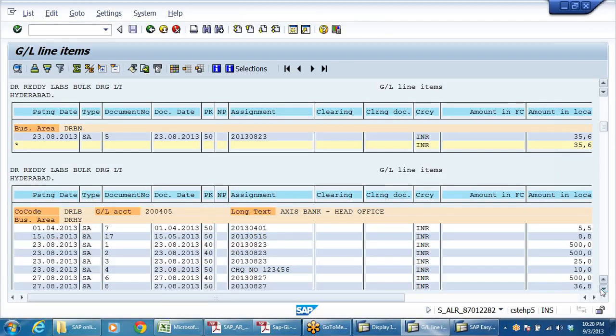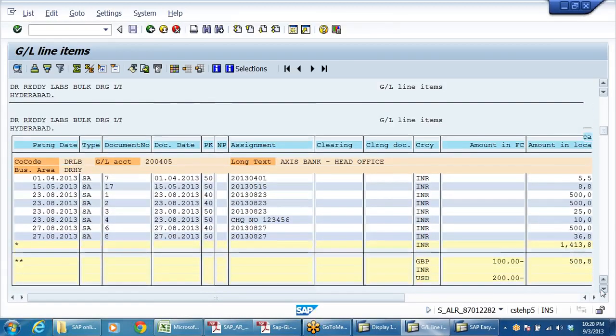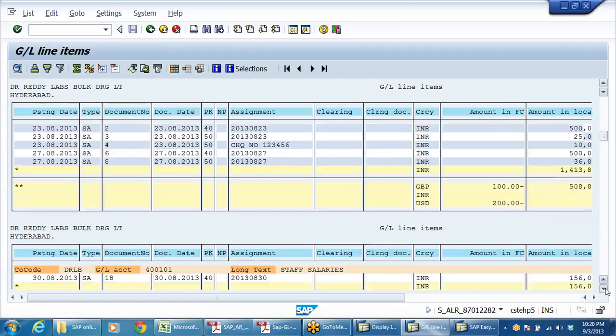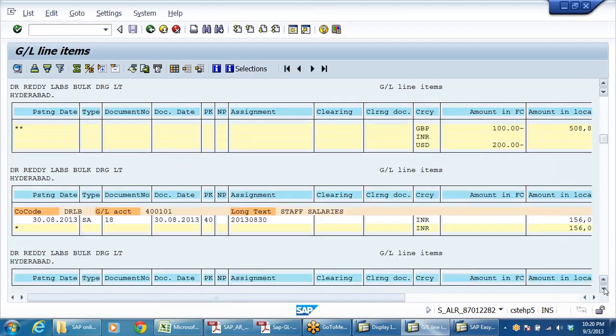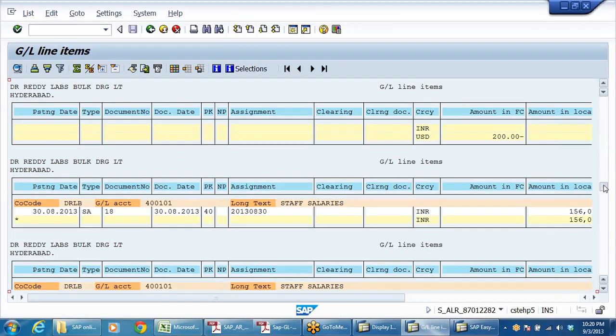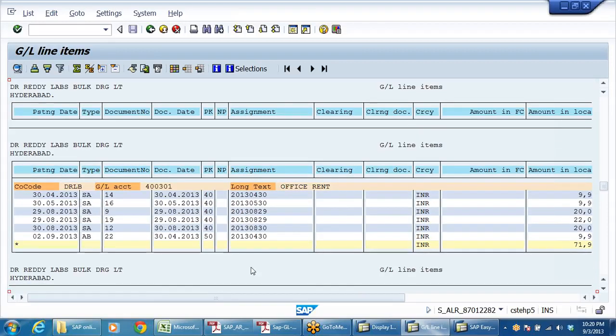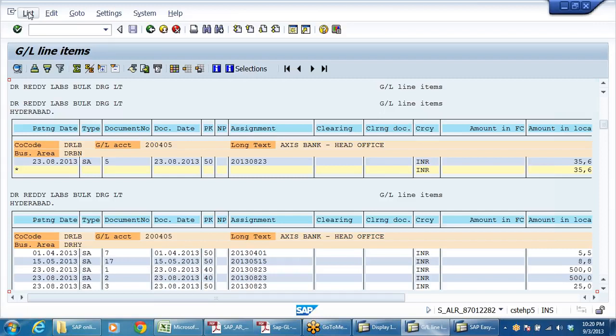Business area wise it is giving. See, office rent. And if you want to download it to your system, you can do that.